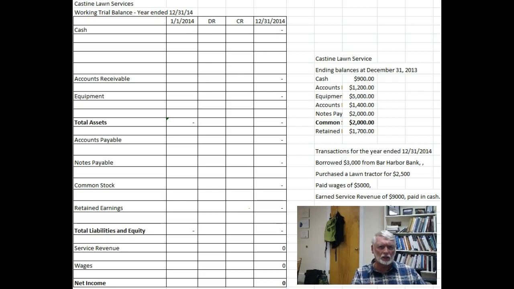And this is an Excel spreadsheet, so I've already set up some formulas to add things up and subtract them. I'm going to ask you to do something like this for an assignment, but you'll have to set up your own spreadsheet. I'm not going to do that work for you. So we're going to take the information that we have about Castine Lawn Service, and we're going to post that information, and hopefully we're going to end up with a balance sheet as of